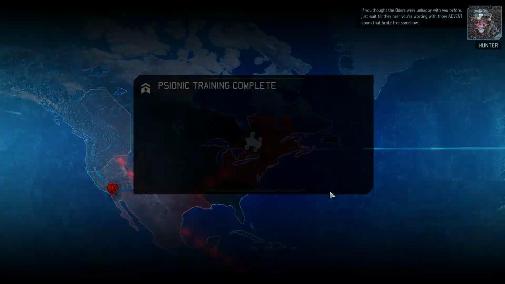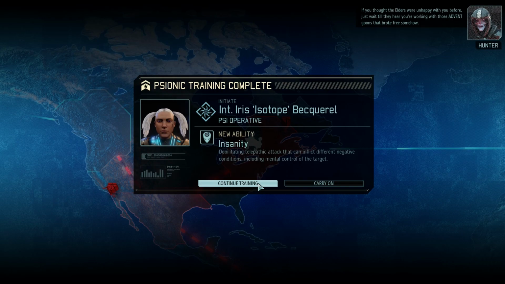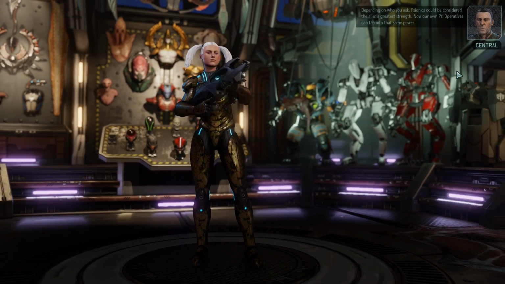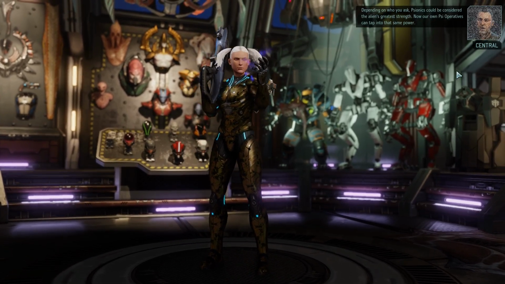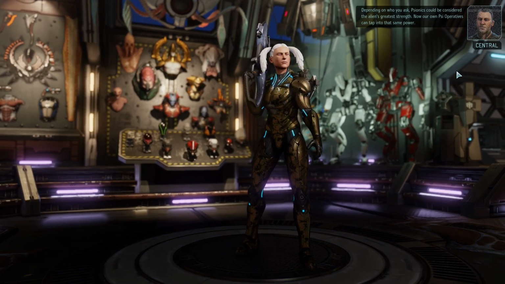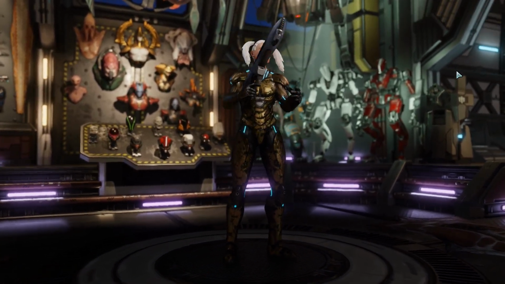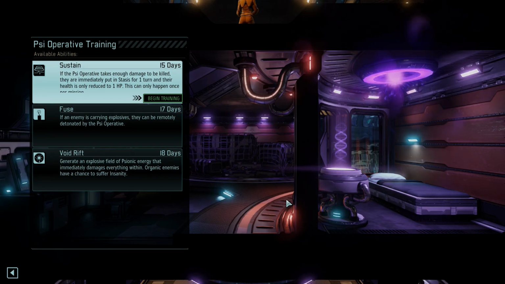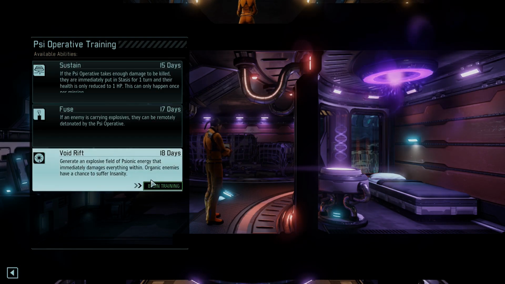The elders were unhappy with you before. Just wait until they hear you're working with those Advent goons that broke free somehow. Depending on who you ask, psionics could be considered the aliens' greatest strength. Now our own psi operatives can tap into that same power. It turns your hair white and your eyes purple. Weird. Alright, let's get you...